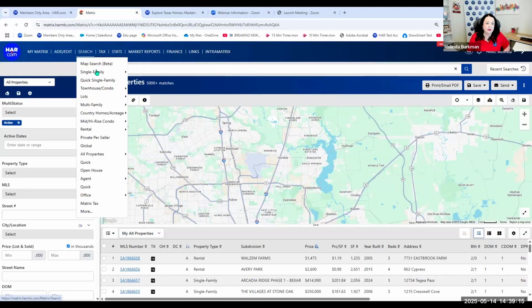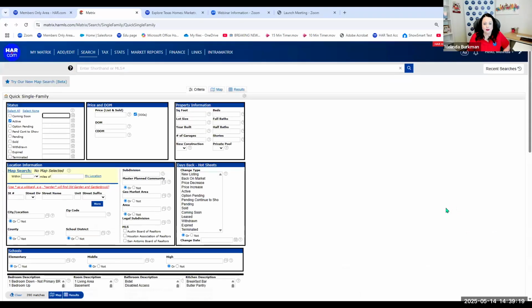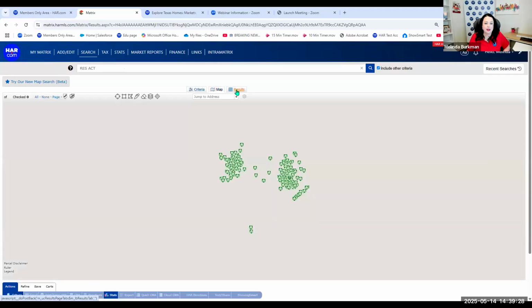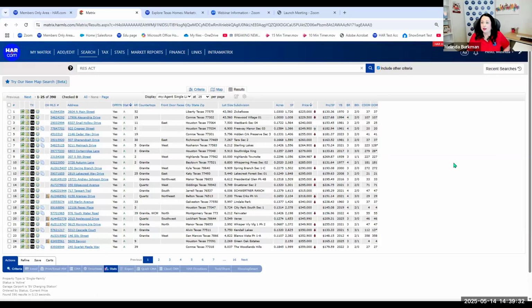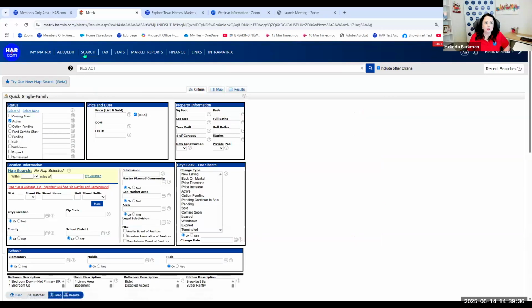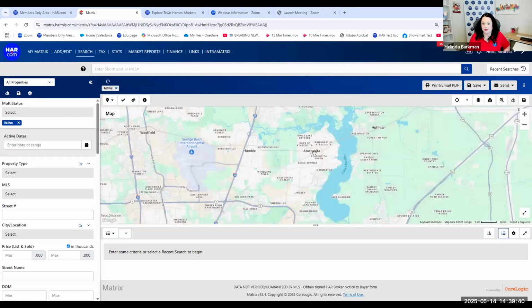And when I'm in, say, quick, there's a lot of open space over here, and it's just a waste, right? So I can go through the tabs, I can see the map, I can see the results, but I still have a lot of extra space, especially when I'm in the criteria mode, all right? So that's one of the reasons why I'm really excited about the Map Search Beta.